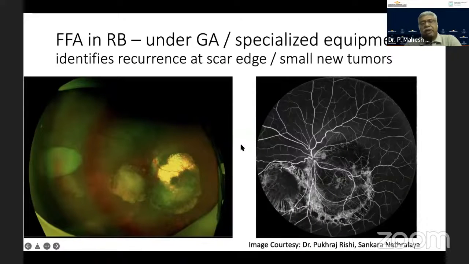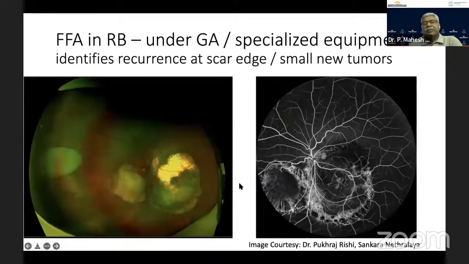Retinoblastoma is another tumor where very rarely we can do a fundus fluorescein angiogram. The issue is that these are children, so you need specialized equipment like the RETCAM, which is capable of doing fundus fluorescein angiography. And fundus fluorescein angiogram is not necessary for diagnosis or for treatment, but in subtle cases where there are recurrences along the scar,